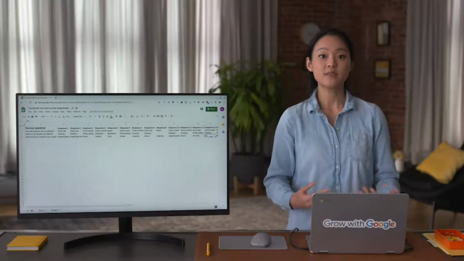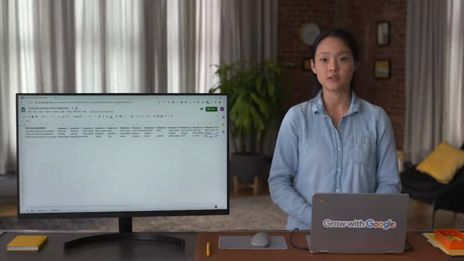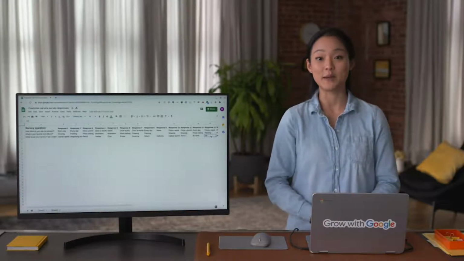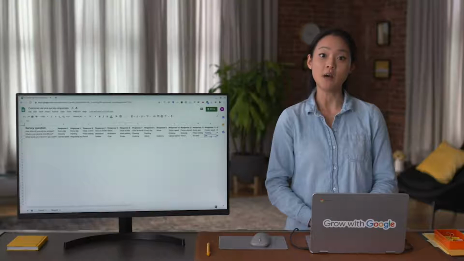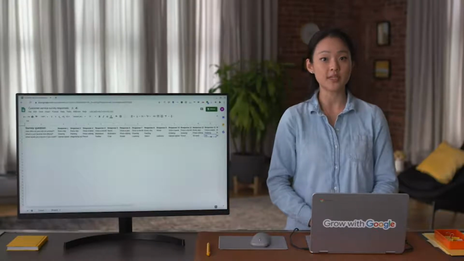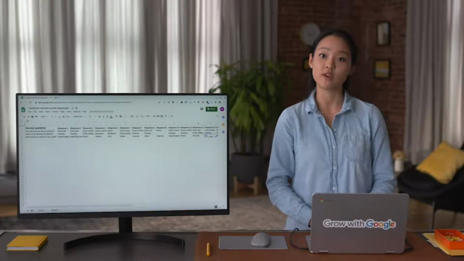Okay, we've touched on the basics of cleaning internal and external data, but there's lots more to come. Soon we'll learn about the common errors to be aware of to ensure your data is complete, correct, and relevant.